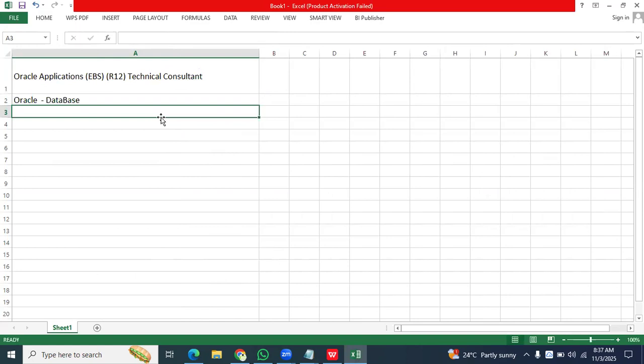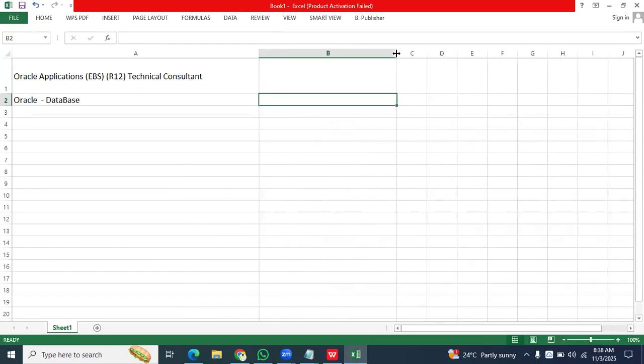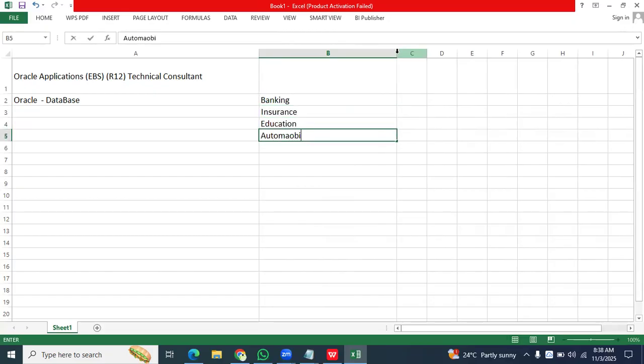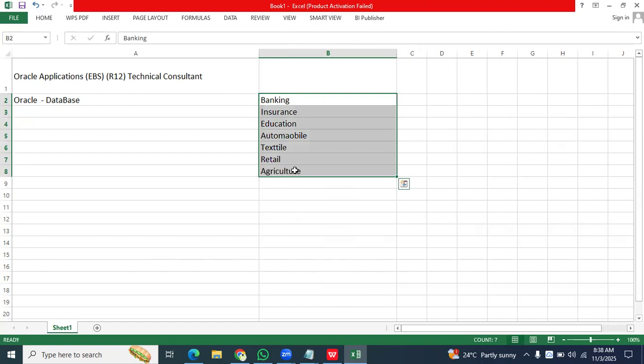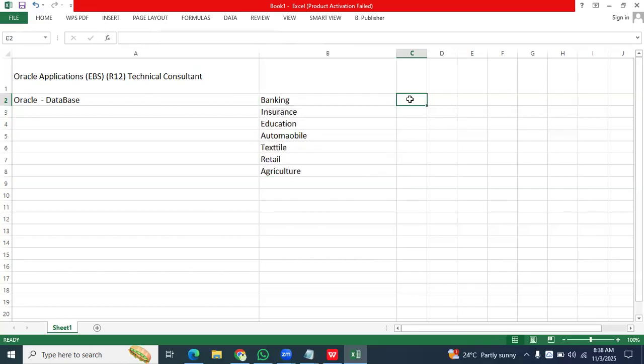When organizations are doing some business, maybe in the manufacturing sector, insurance sector, banking sector, education sector, automobile industry, textile industry, retail industry, or even agriculture, they will have thousands and lakhs of information, from the supplier's point of view, customer's point of view, employee's point of view, as well as day-to-day business transactions, their sales, their procurement, their employees' data, their suppliers' data, their customers' data, their day-to-day invoices data, orders data,